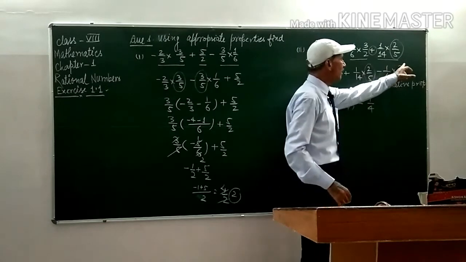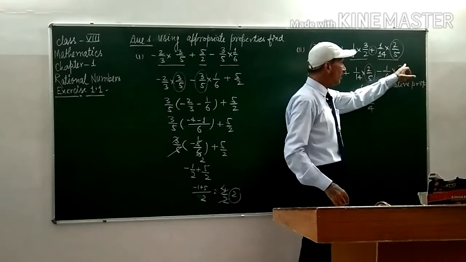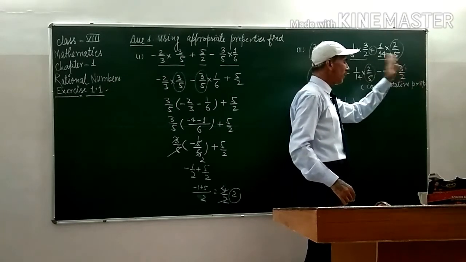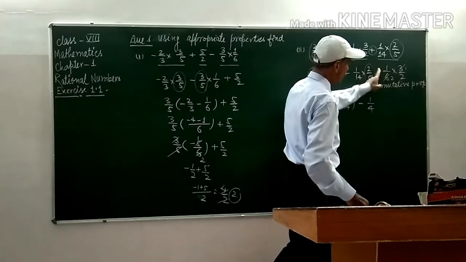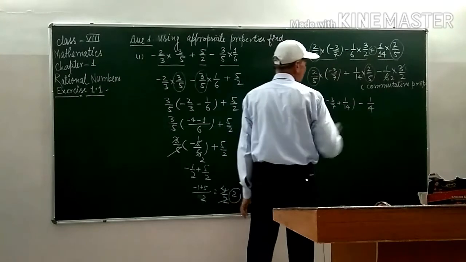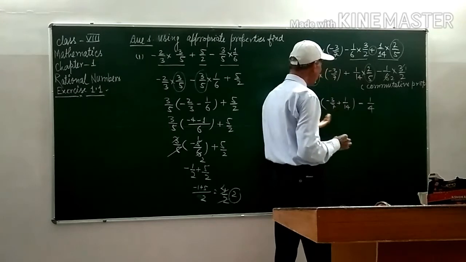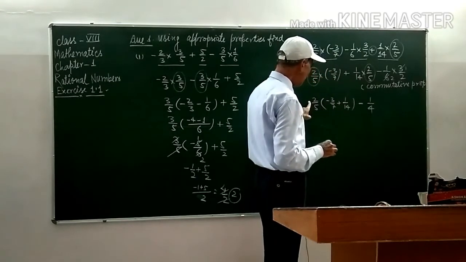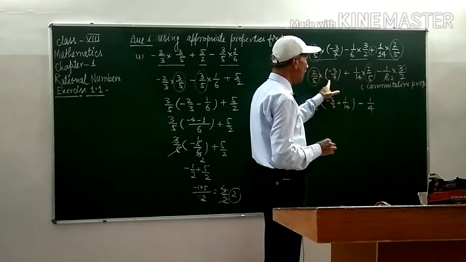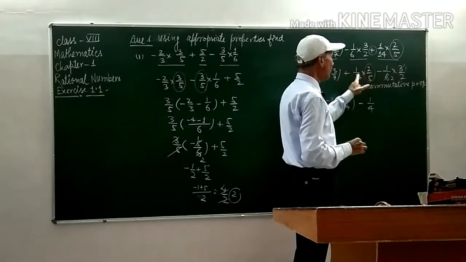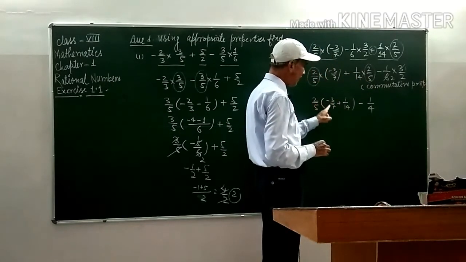Clear student? Because 3 twos are 6, reduce this, there is 2, this number is 1 by 2 and this is 3 ones are 3. So 1 by 2 here, 1 by 2 into 1 by 2, that is 1 by 4, and before it there is a sign of negative, so that is minus 1 by 4. Clear student? And in this we have used a into b plus a into c. So we have taken a common, that is b plus c.